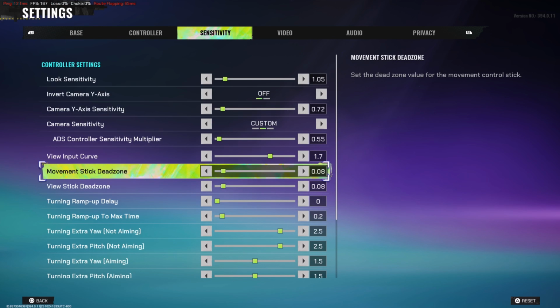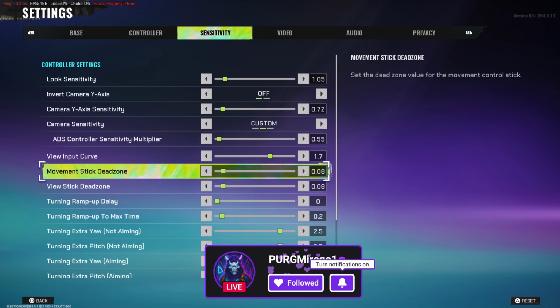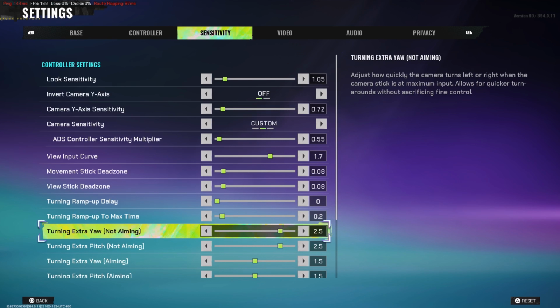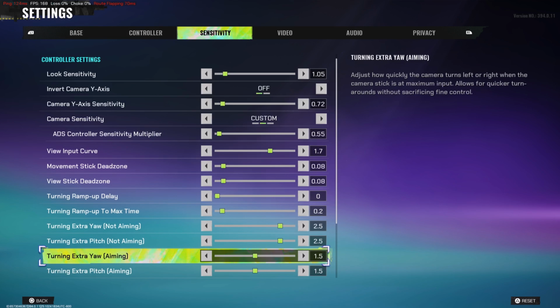For a movement stick dead zone, I do have that at 0.08. Like I said, because I don't have stick drift. Do not turn on your ramp delay. Just leave that off unless you do have stick drift. Leave it off. And then for my max time, I do have it at 0.2. For my extra yaw, extra pitch for not aiming, 2.5. And then for when I am aiming, I do have it down to 1.5, mostly because I still have more